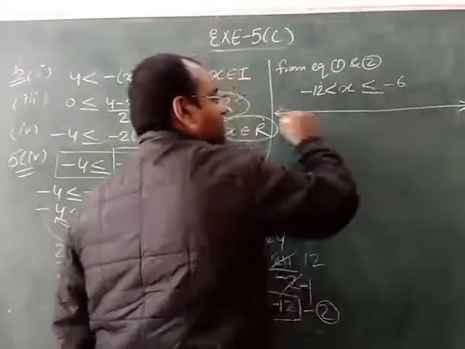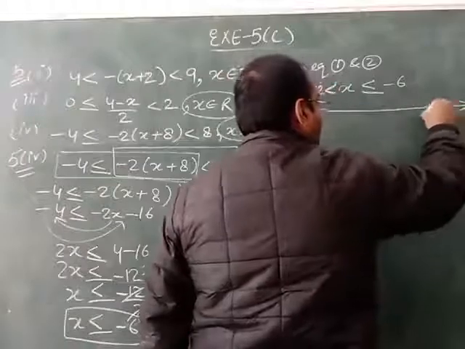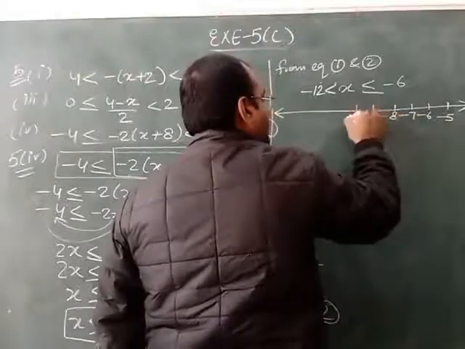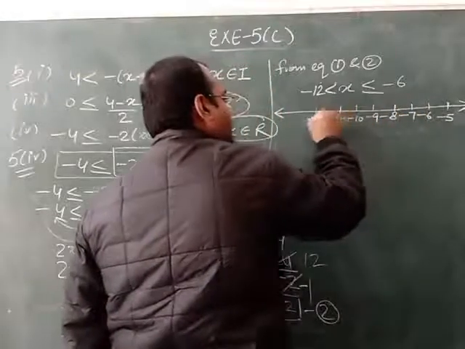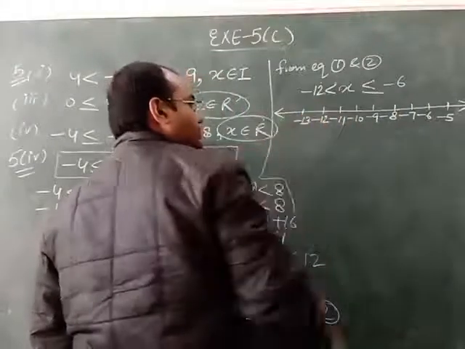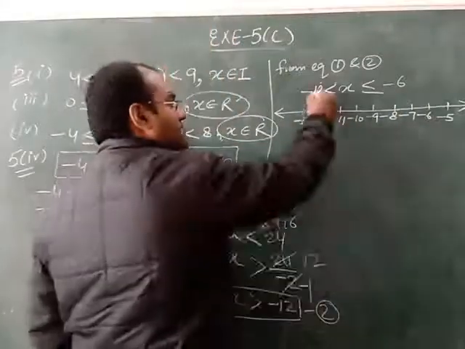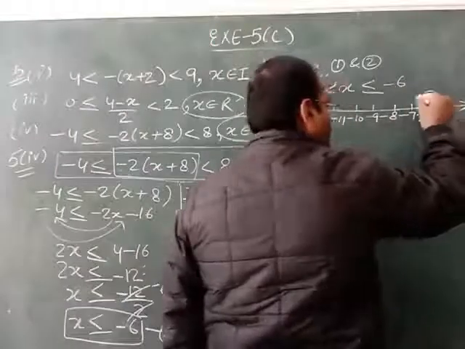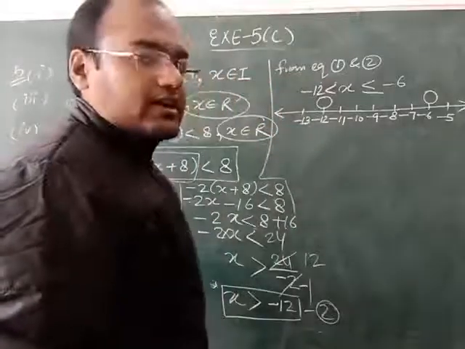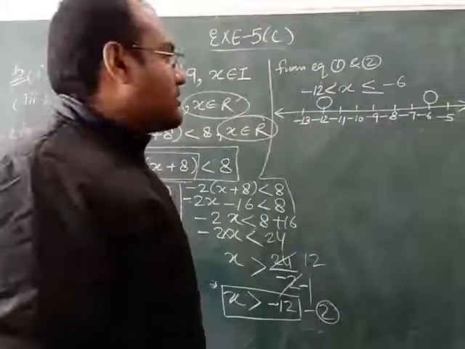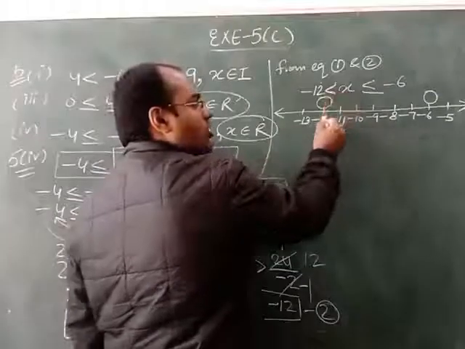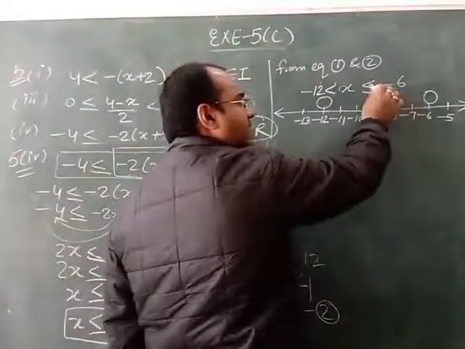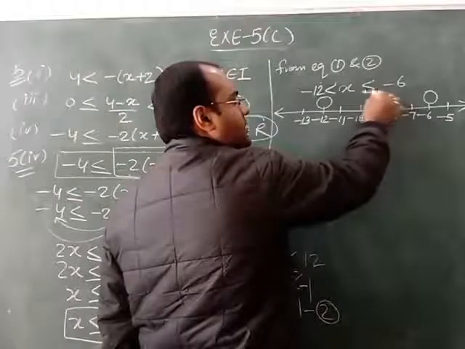Minus 6 to minus 12. So we will start from minus 5, minus 6, minus 7, minus 8, minus 9, minus 10, minus 11, minus 12, minus 13. This is the number line. We have to start from minus 12. This is minus 12. We will draw one circle. Minus 6. Here it is minus 6. We will draw one circle. Now we have to check the sign of inequality. Here equal sign is not coming. So on 12 the circle will be empty. Empty रहेगा. 6 वाले में sign में equal आ रहा है. This is equal sign. So we have to color it.